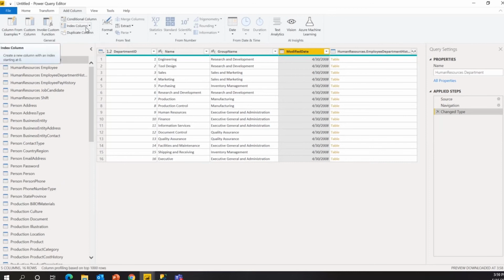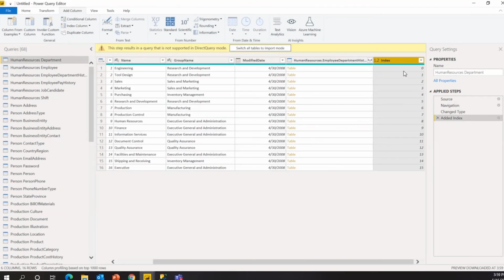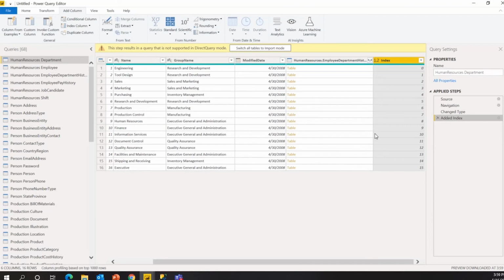Index column is also a very interesting thing. Sometimes suppose you are trying to bring the data from CSV format or Excel format, you have the data, but you don't have an identity column, meaning you don't have any column with the sequence number, right? So in that case, you can go with index column. If you just click on this, it will create an index column here. That's it. Okay, from 0 or from 1, it depends. You can actually decide whether you want to keep your starting index 0 or 1, and whether you want to increment it by 1, 2 or whatever number. So it's as easy as that.